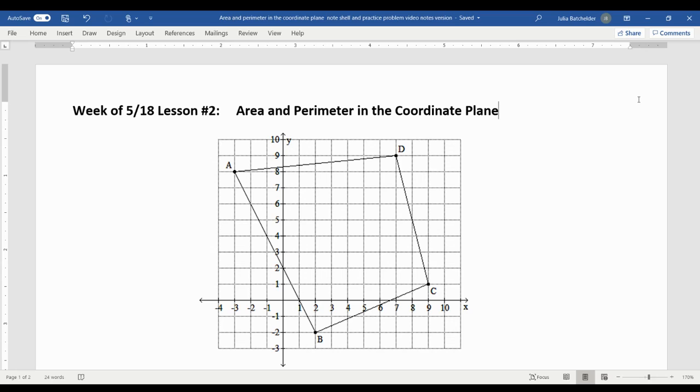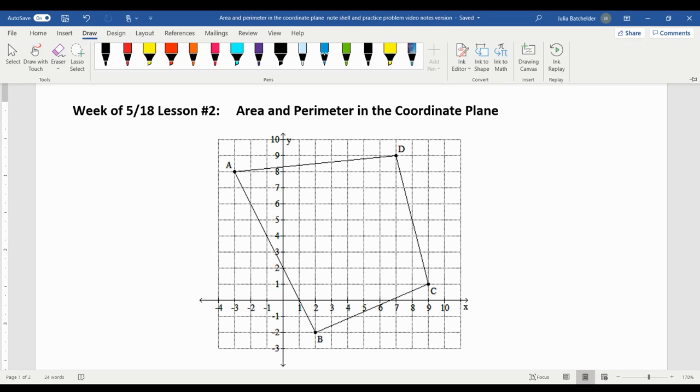Now, if this were a plain rectangle, we could just add all the sides together because that's what it means to find perimeter. And if it was a rectangle, we could do base times height, but it's not a rectangle. We don't have nice 90-degree angles. And so what we're going to do is help ourselves out by boxing in the areas